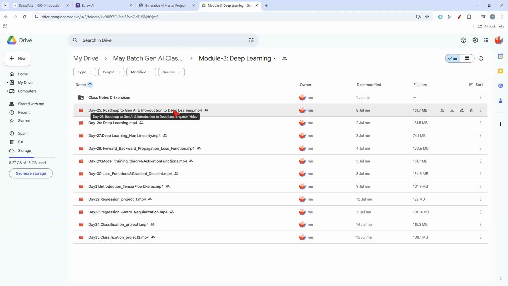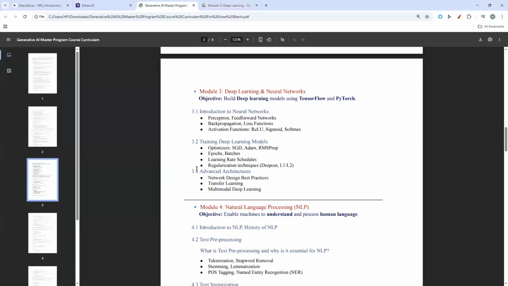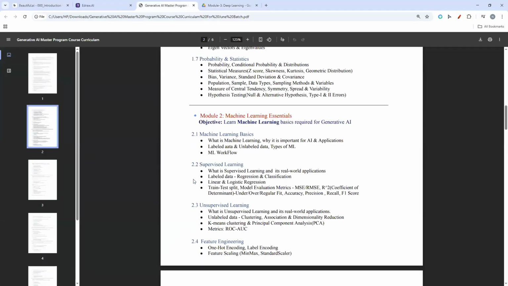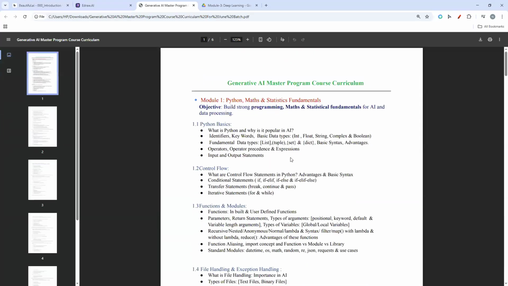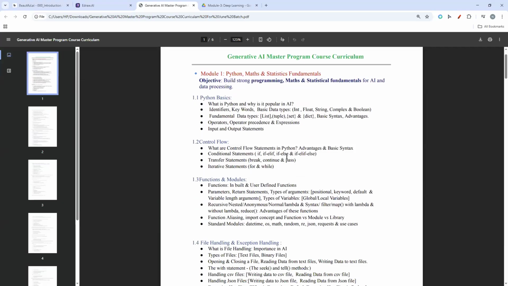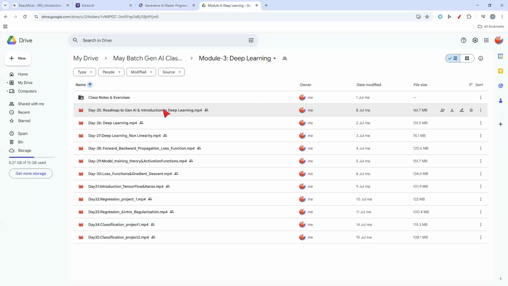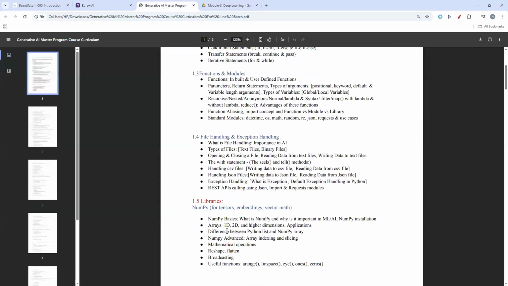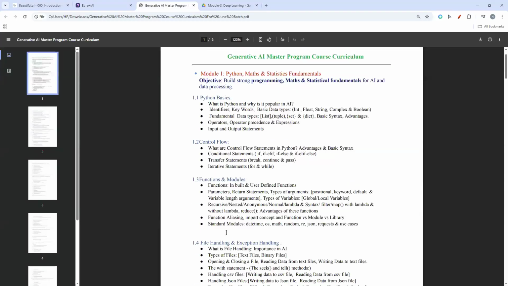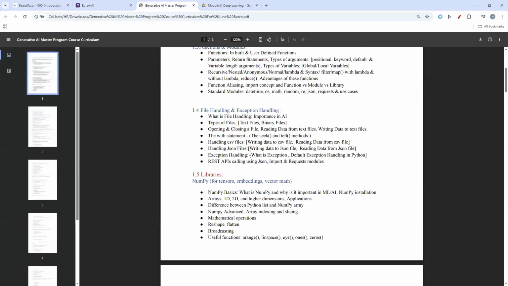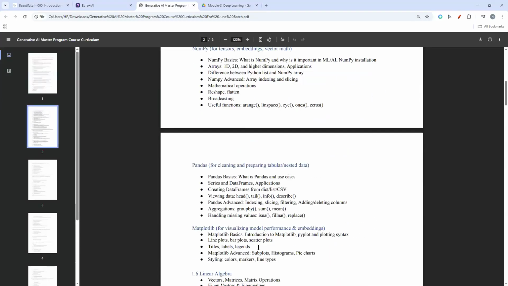So 100% we are going to cover everything, clear all your doubts, and cover all the topics required. That's the reason you are seeing many videos over here with different names. But here I mentioned only 3 or 4 points. And coming to this first page, Python and all, as you can see, we are going to cover everything in detail.